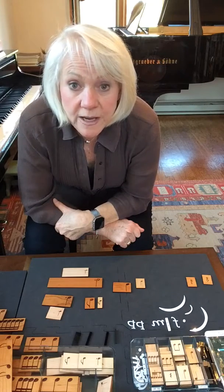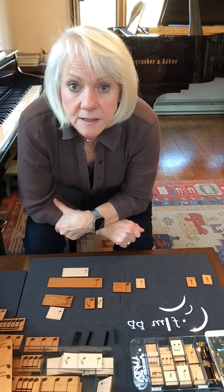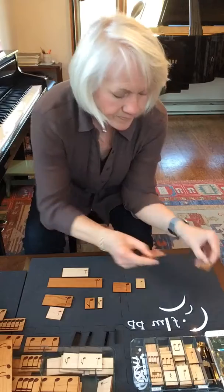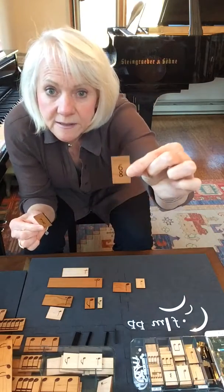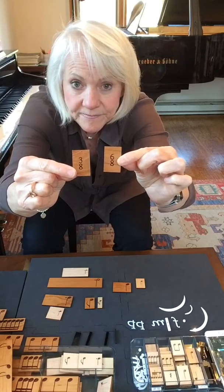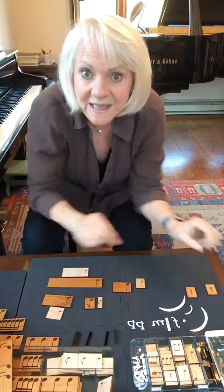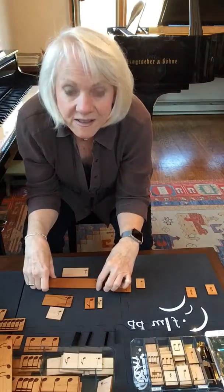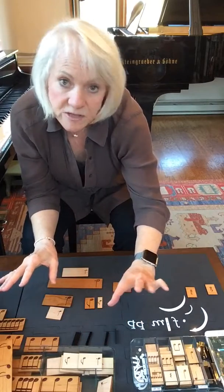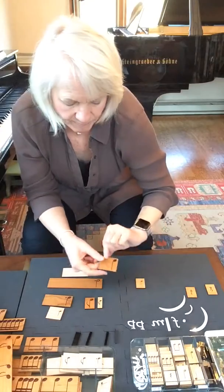This rhythm row video is on the 6/8 or 3/8 time signature, compound meter. Now what's really neat is that in this system I have designed the cherry wood, the dark pieces, to also